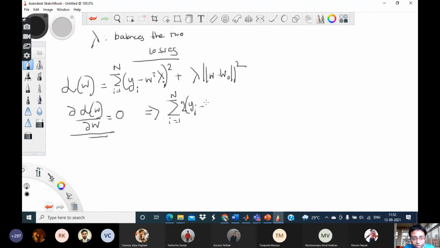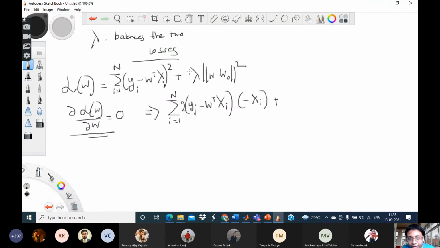The exponent comes down. You get this expression from the quadratic form, it reduces to the linear form, and then when you take the derivative of W transpose Xi with respect to W, you get just Xi, and the minus sign is here. This Yi is constant with respect to W, so this becomes 0, so I just get minus Xi, right? Just to check that the dimensions are all consistent.